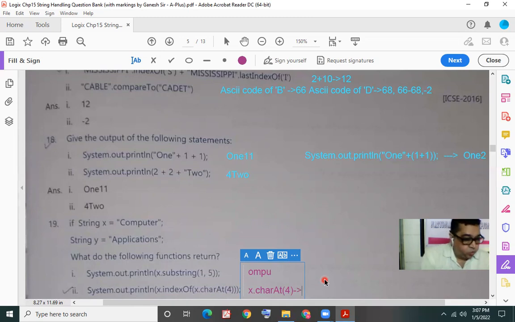Yes, the letter U. The character U is given to x.indexOf.